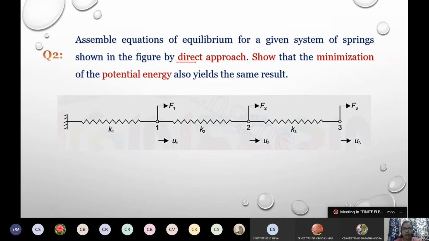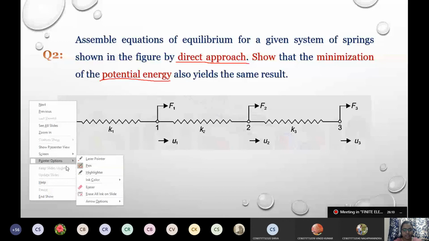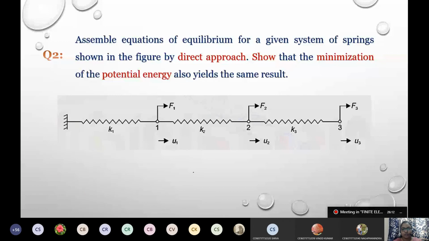Here we are asked to compare whether the solutions of direct approach and the Rayleigh-Ritz approach would yield the same result or not. So that is the question that is given to us. So from the concept what we have learned from the Rayleigh-Ritz,